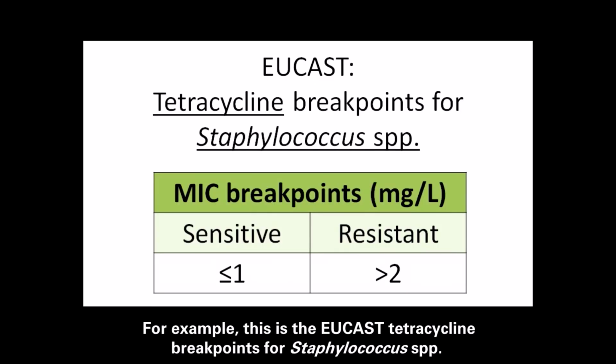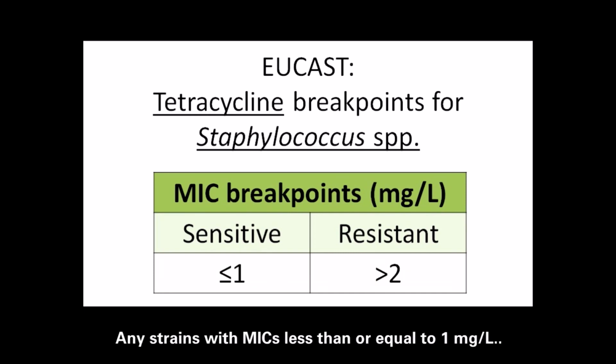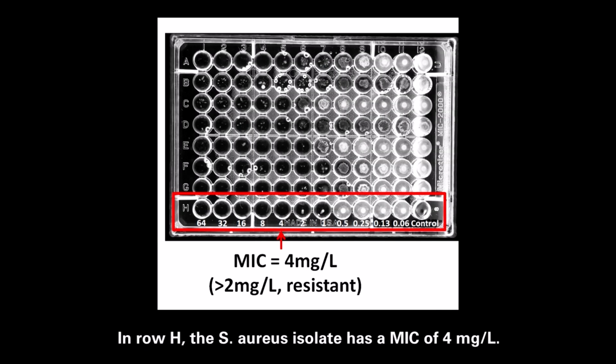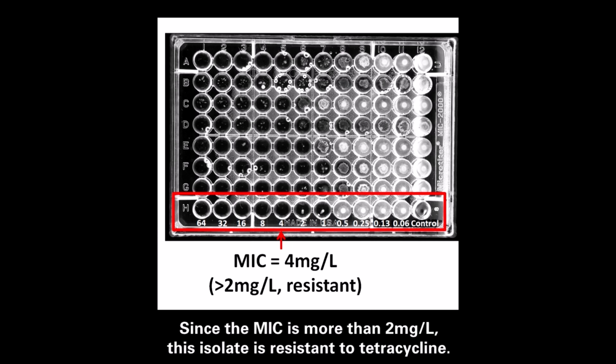For example, this is the EUCAST tetracycline breakpoints for Staphylococcus species. Any strains with MICs less than or equal to 1 mg per liter are considered as susceptible to tetracycline, while those with MICs more than 2 mg per liter are considered resistant. In row H, the Staphylococcus aureus isolate has a MIC of 4 mg per liter. Since the MIC is more than 2 mg per liter, this isolate is